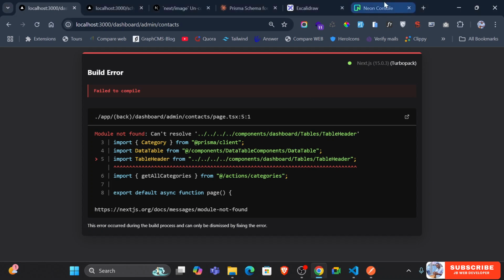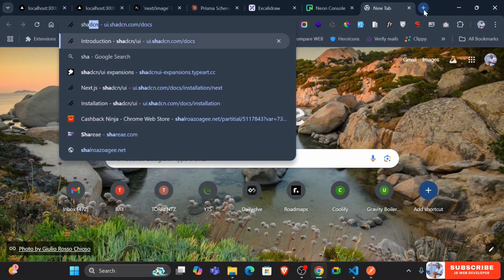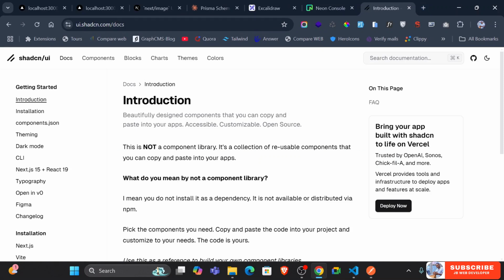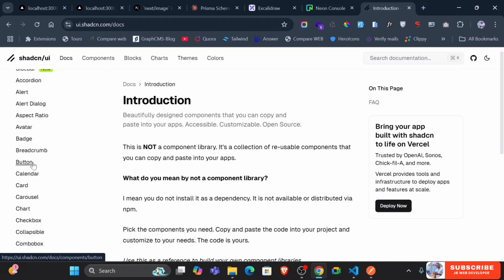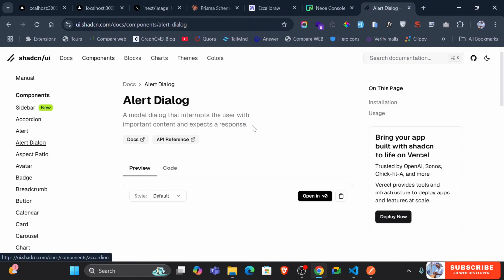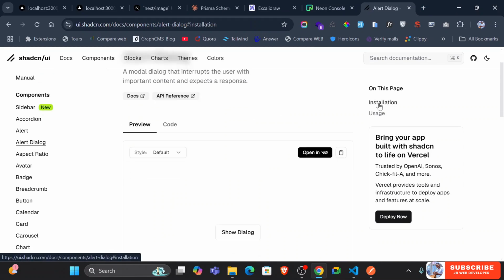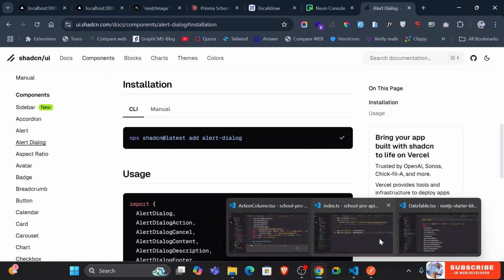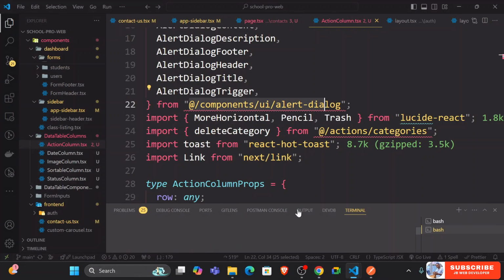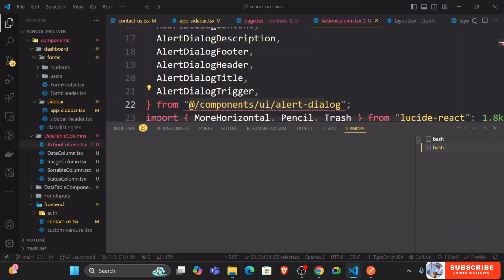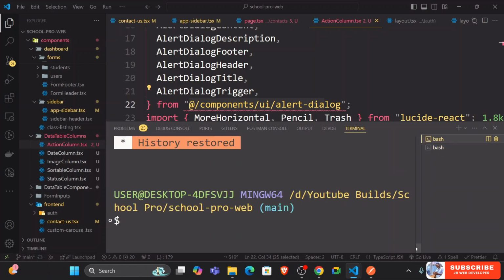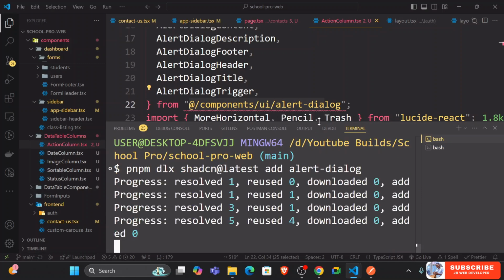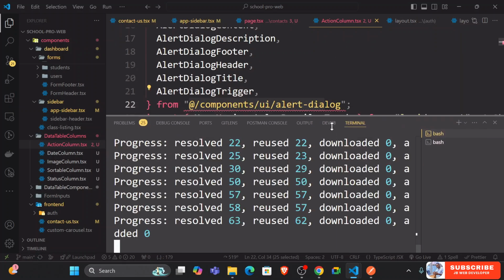I'm just going to go right now to shadcn and go to the alert dialog and click on installation, copy this pnpm command, and on the terminal I'm just going to go ahead and add this here. Okay,